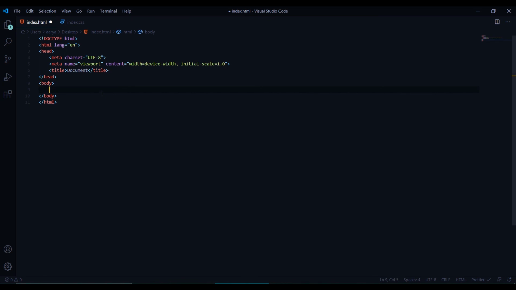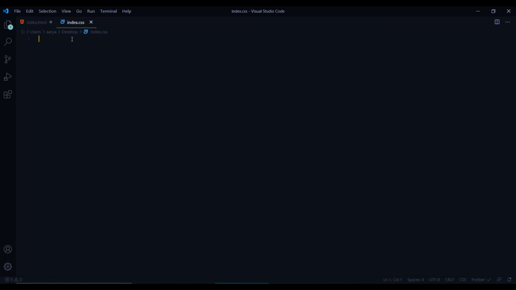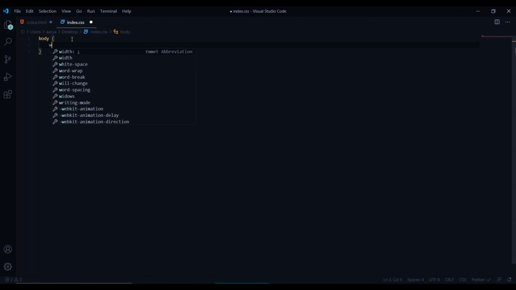Now I will show you how we work with CSS as well. So Emmet can be very useful in CSS also. Like I can have the body tag and very basic properties such as width. I press W and I press 10, so it will give me a width of 10 pixels. By default, if I don't mention any unit, then it will take it as pixels like this. So you see W10 works as width 10.